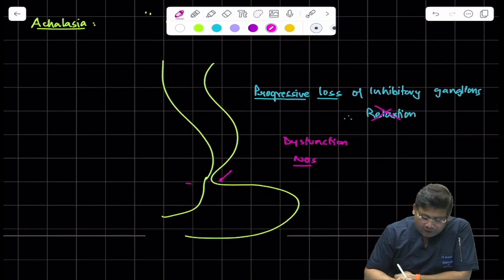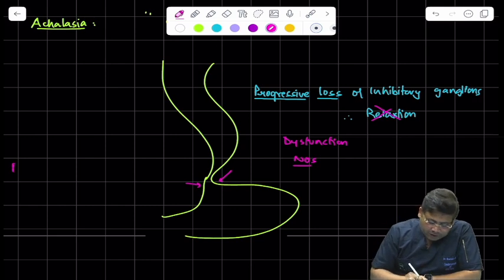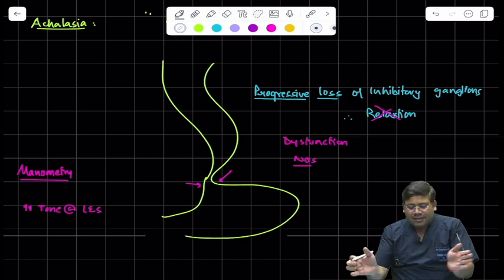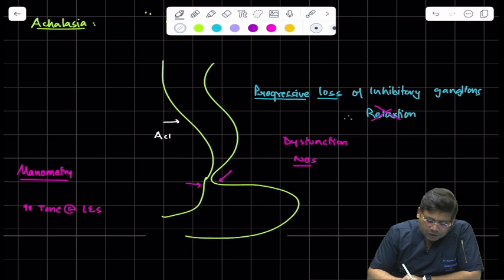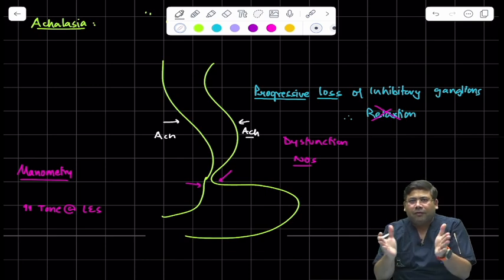So definitely the GE junction will be at a higher tone, and the first thing that you get on manometry, this is what is really very important. So on manometry, the first thing that you get to see is increased tone of LES. भाई हो सकता है there is increased tone of LES, but then since there is loss of inhibitory ganglions, there is no one to oppose the acetylcholine. यही तो सारी चीजें इंपॉर्टेंट है,